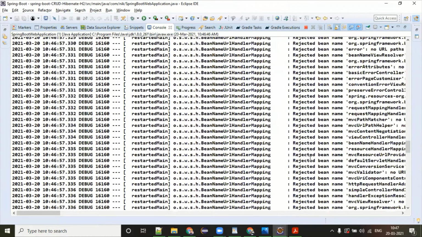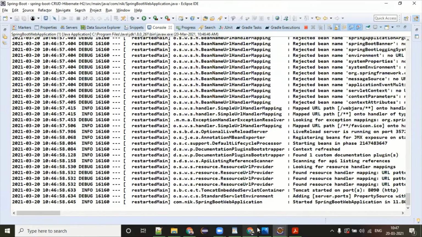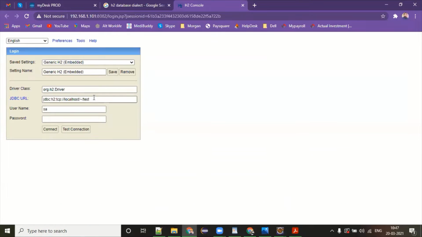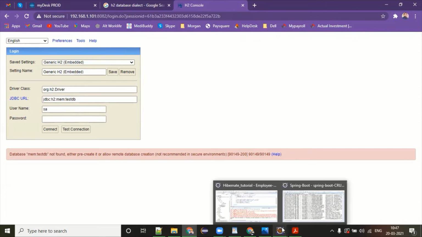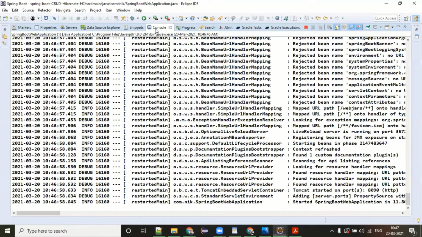Okay, so now we have to access that H2. So here I will be giving this connect. What is wrong now? Mem test not found, either pre-create or... what happened?